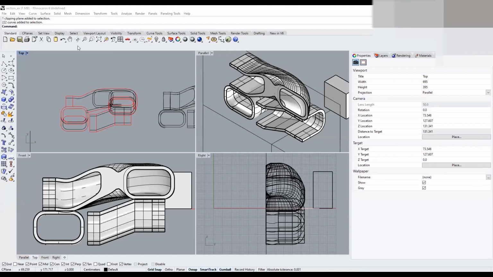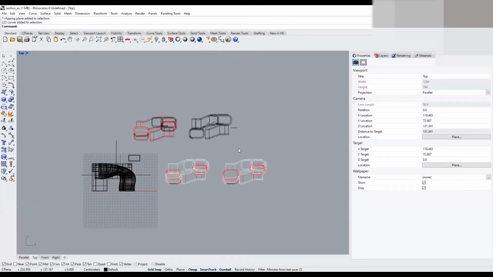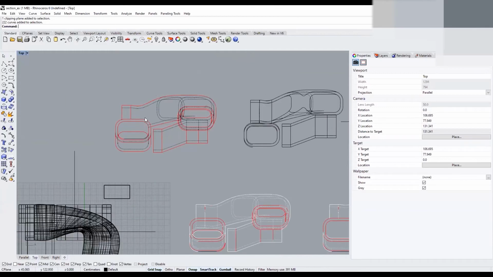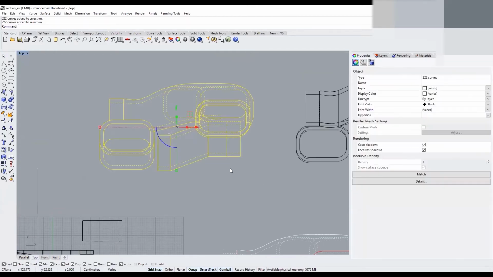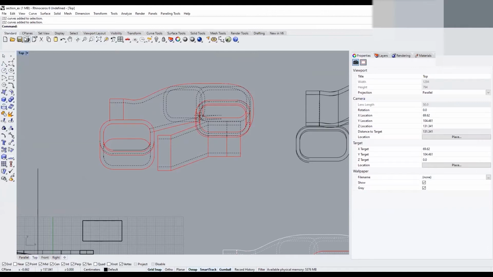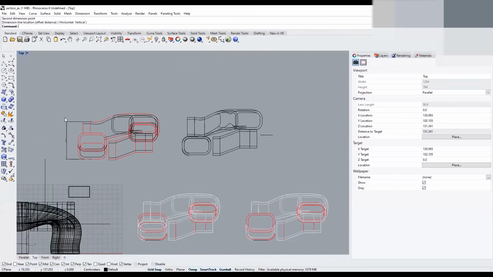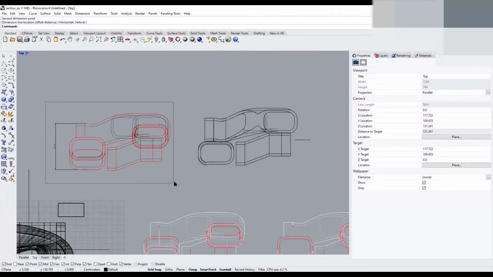Okay, after we generate and organize our section here, for example, we can give some dimensions also because we want to be sure about its scale, okay? I work in centimeters and it says it's like 37. So, okay, if you